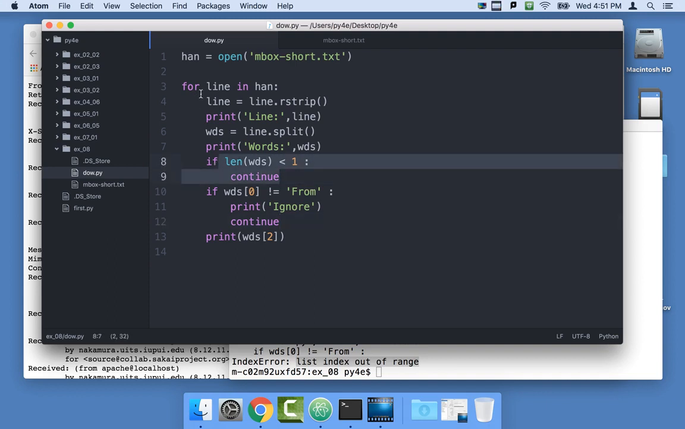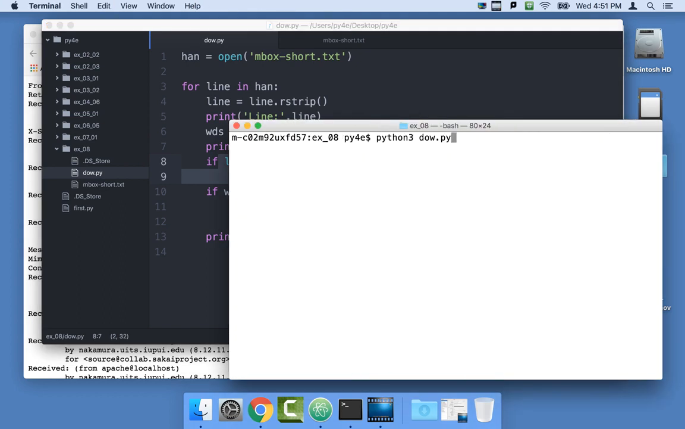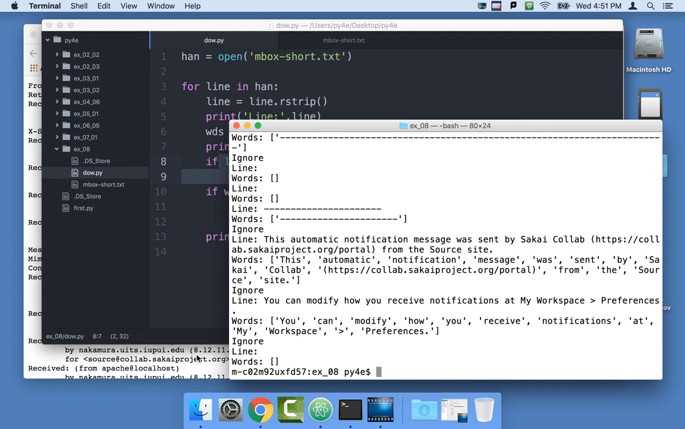So basically it's going to come through here, it's going to split it, and if we don't have any words, meaning it's a blank line, then we're going to skip it. So let's run that. So now this ran all the way to the end. It did a lot of stuff, and it did not blow up, specifically, it didn't have a